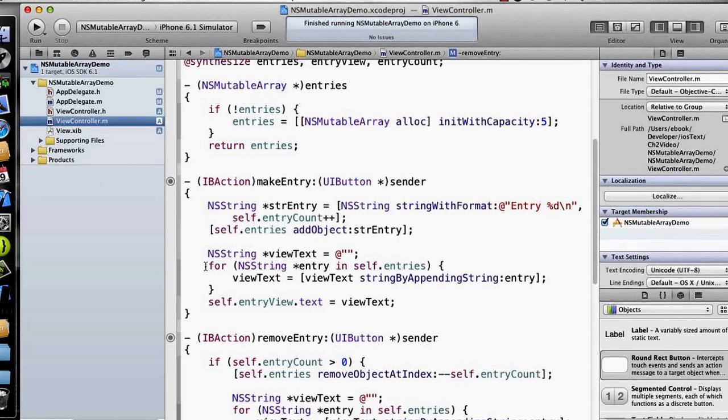So what this will do is, I have two parts. I have a type and a name, NSString entry, and then I have the keyword in, and then I've got my mutable array, self.entries. And what this will do is it will iterate through every object in the array. Now those objects have to be typed correctly, so they are NSStrings. So what it's saying is, get the first entry, call it entry, and then do whatever's in the for loop, get the next entry, call it entry, and then do whatever's in the for loop, and so